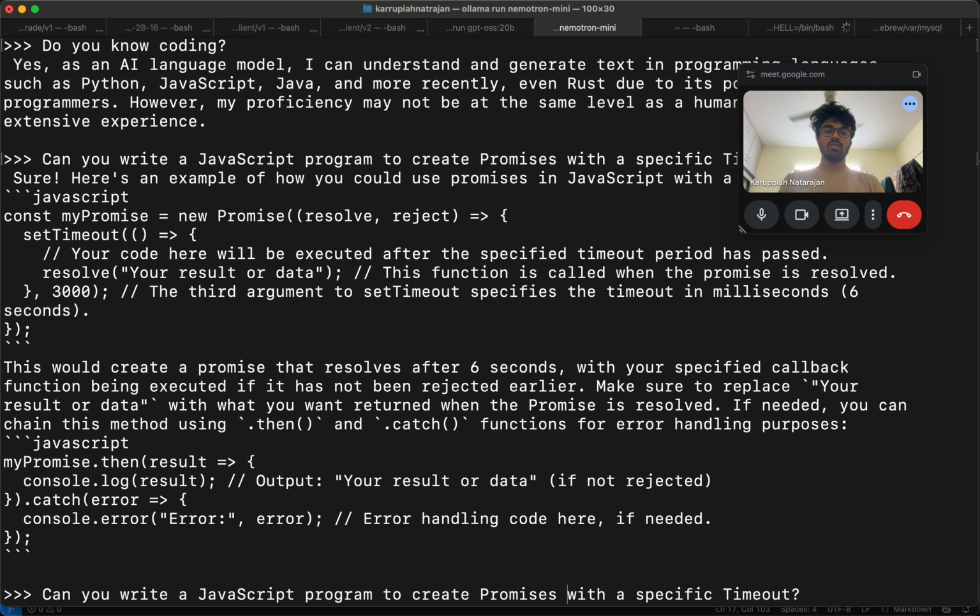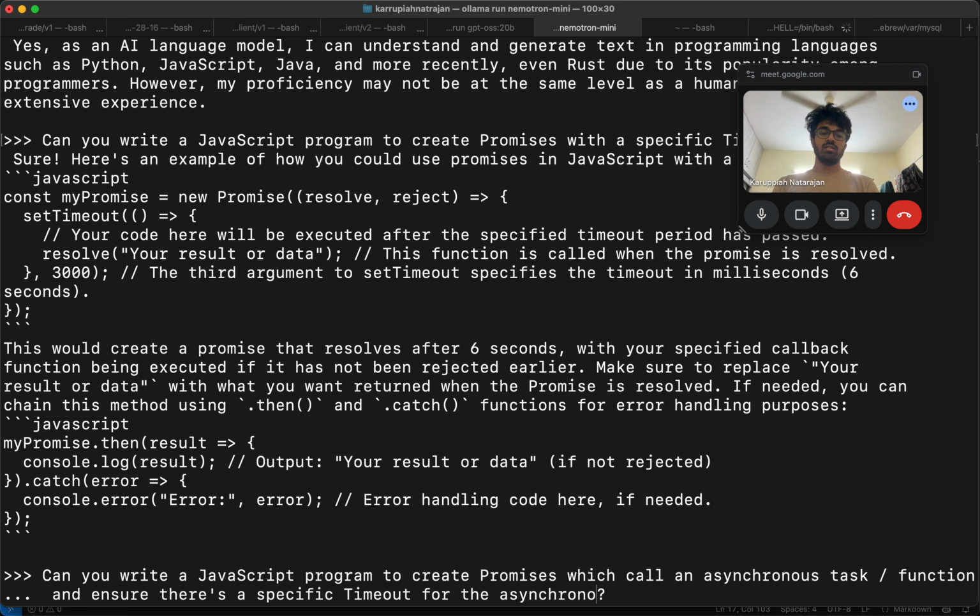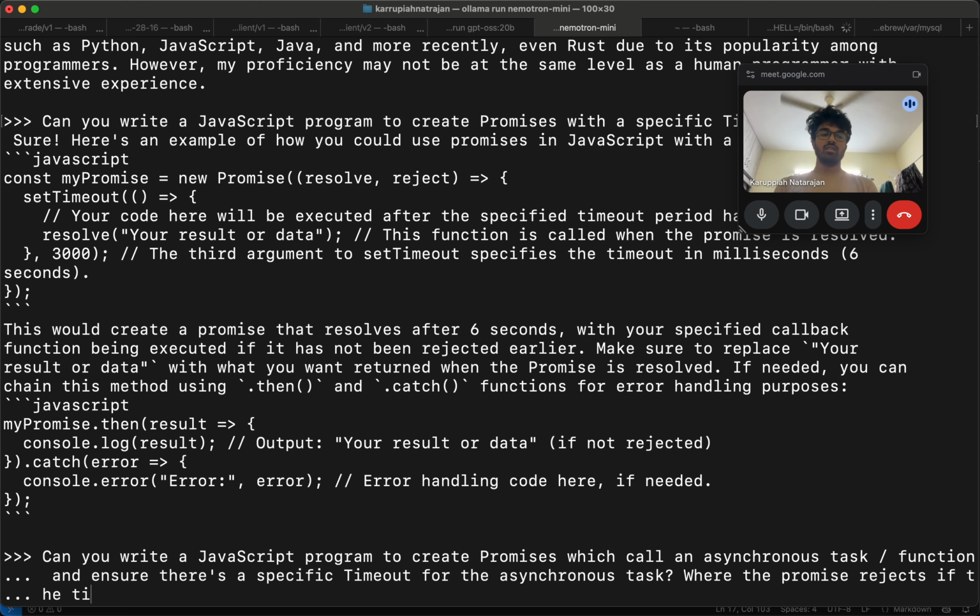Promises which call an asynchronous task or function, and ensure there's a specific timeout for the asynchronous task, where the promise rejects if the timeout has been reached, given the asynchronous task or function is not yet over and is still running,